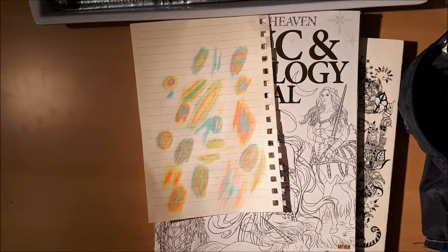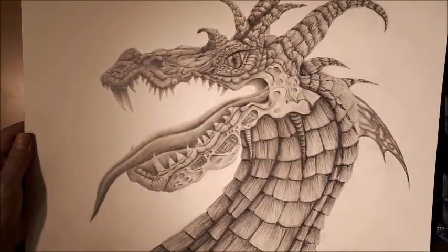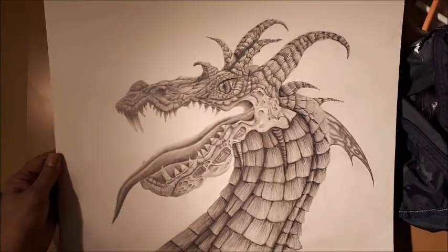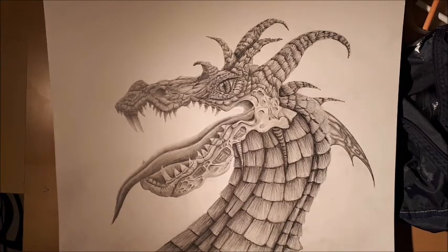And then this is something else that I was doing. The dragon. I'll zoom out so you can have a little bit of a better look at him all in one piece. There's my dragon. He's not quite finished. What I was doing with him